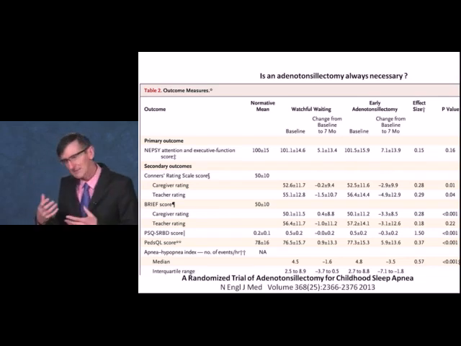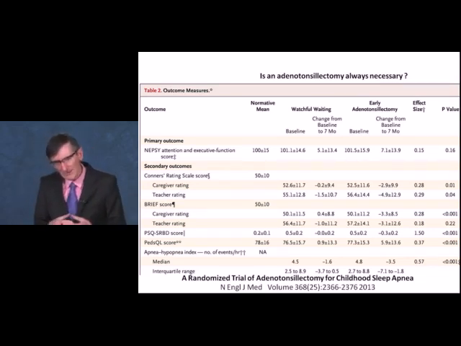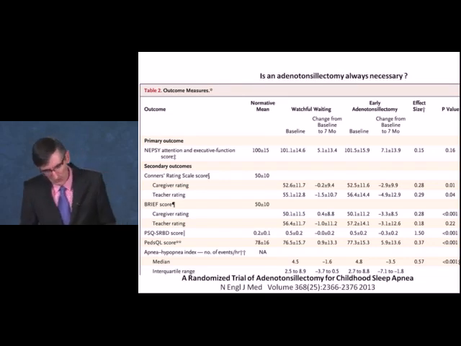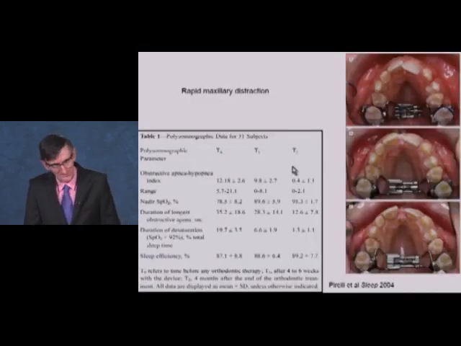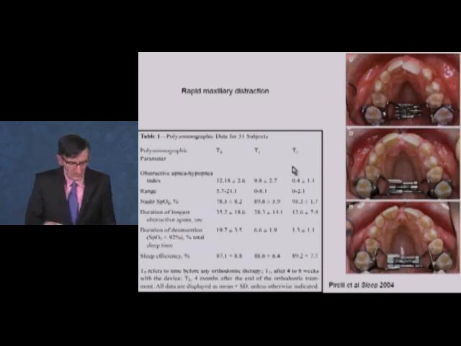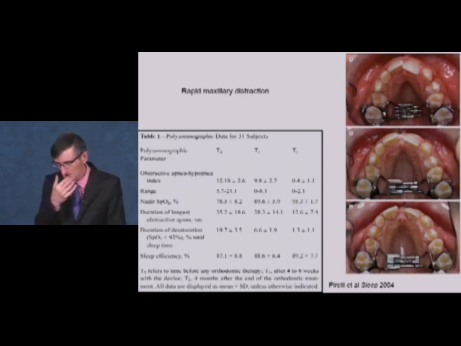So at this moment in time, I think the way the practice is going is that watchful waiting in a child who has normal neurocognitive and behavioral function is the way to go. And then early tonsillectomy is for somebody who has hyperactivity or some signs of poor school performance, then we would go with earlier intervention. Now, we're seeing at this moment in time a significant number of children who, even despite adenotonsillectomy,